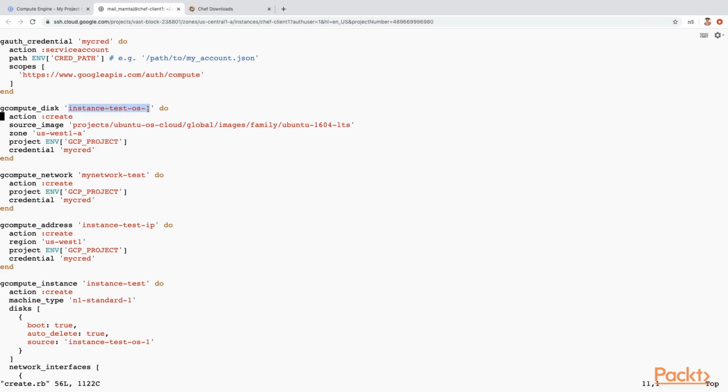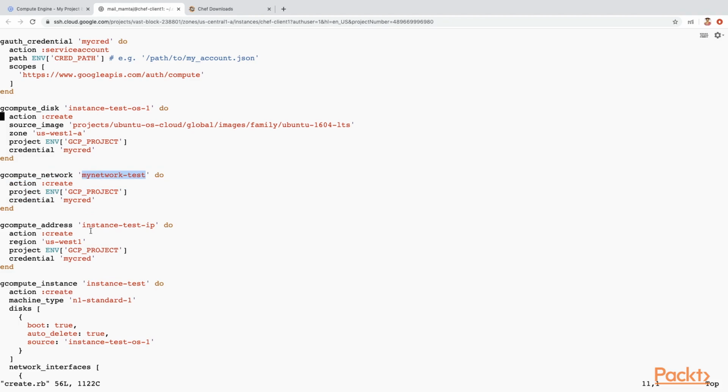We are providing the action, that is create. We are providing the source image. It would be booting up with Ubuntu 16.04. The zone in which the disk would be created, the project details, and the credential with which it would be created. Then we are going ahead and creating a network called my-network-test. And the project is GCP_project using the same credentials.